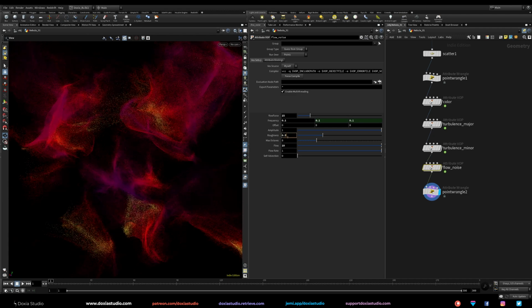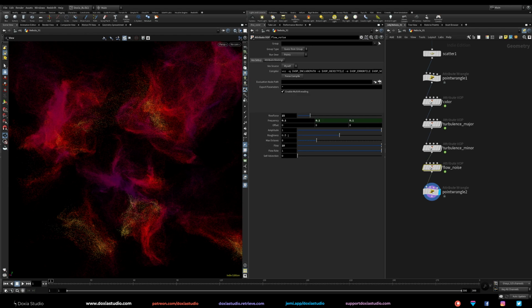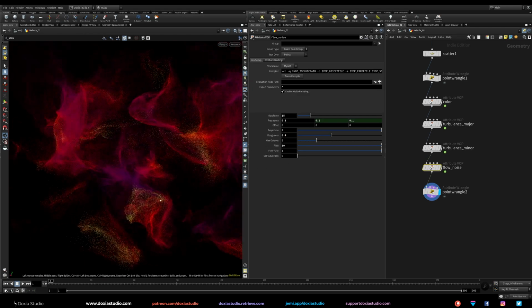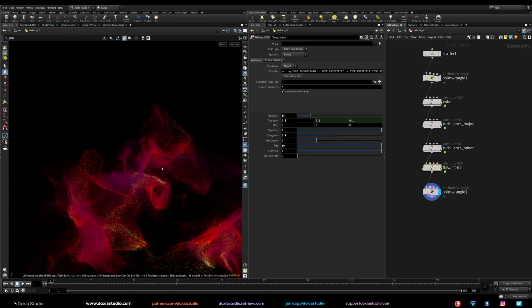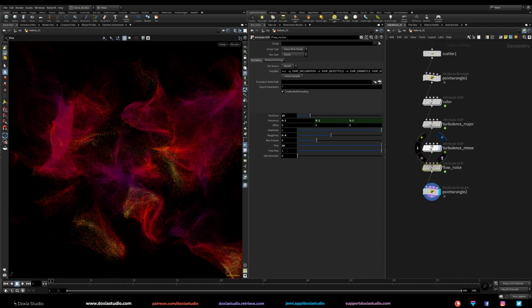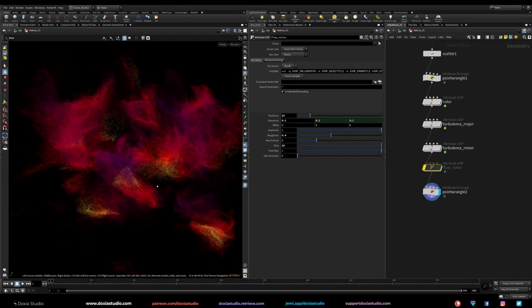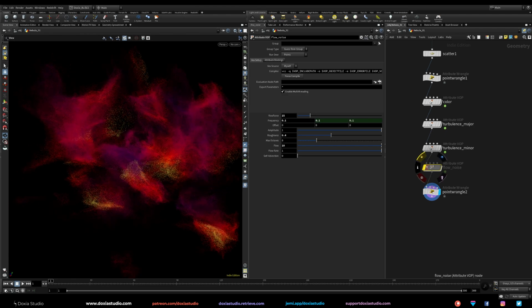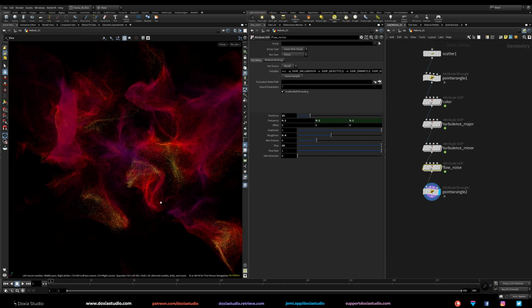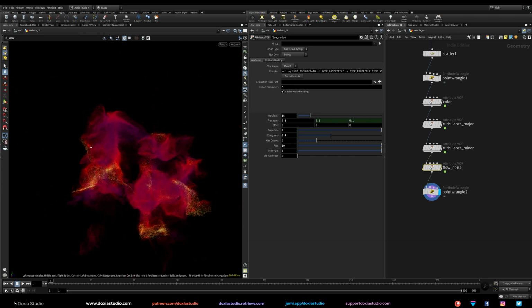Okay, let's go on this one, 0.4. Okay, we have more of those lines, those flow lines. That's pretty cool, right? Let me show you the difference so we can just bypass. So this was with simple noises, and just by adding the flow noise, we can get those flow lines, and those are pretty cool, right?